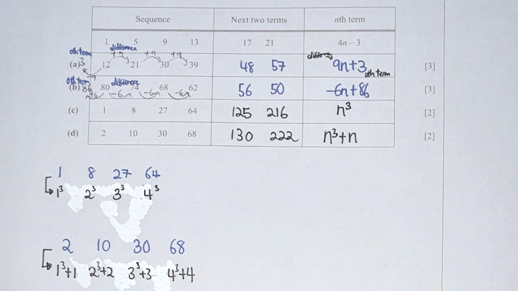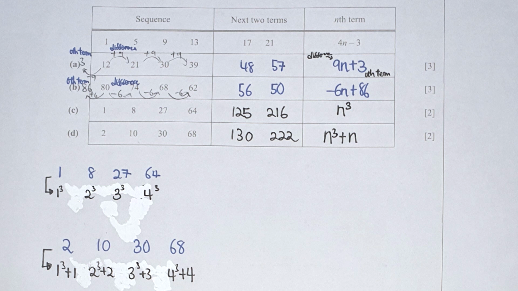Question 16 is actually a sequence question. So section A and section B are arithmetic sequences. They are the simple ones where the common difference is the same. All you need to do is to find the zero term, then you can construct its equation. So for part A, the common difference here is plus 9, and the zero term is 12 minus 9, which is 3. So combine these two pieces of information, you will get 9n plus 3,